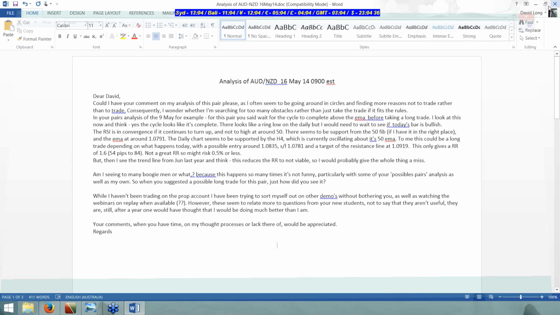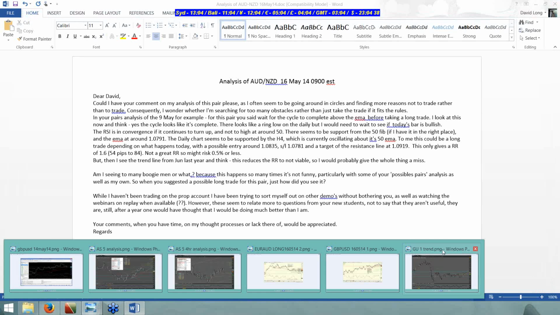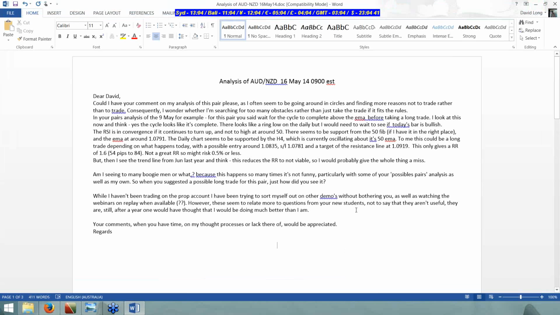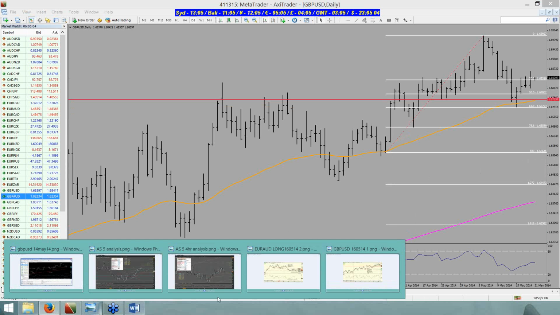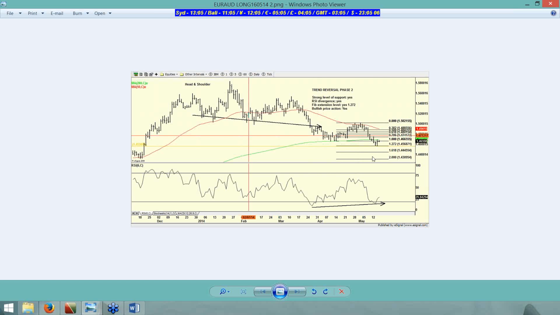Finally got my setup. Yeah. A setup. Don't know if it's my setup, but a setup. Okay, this is definitely from last week. Some trade analysis during the seminar last week. This came in on Friday afternoon. Euro Aussie going long and the pound. Okay, so let's have a look at the Euro Aussie one.